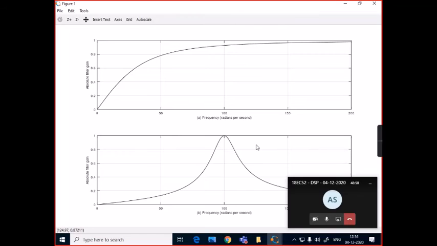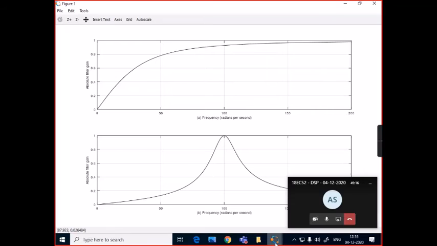Earlier we had the flat top, whatever figure I had drawn on the board. But here we do not have that flat pass band between the lower cutoff frequency and higher cutoff frequency. From 0 to 100, this represents the high pass filter's frequency response, and from 100 to 200, this represents the low pass filter's frequency response.